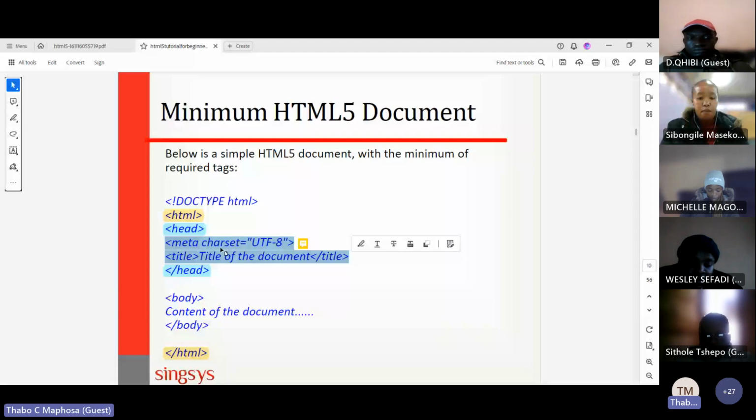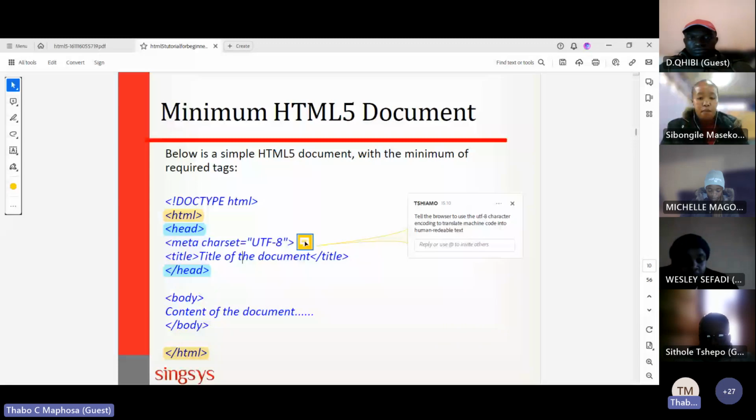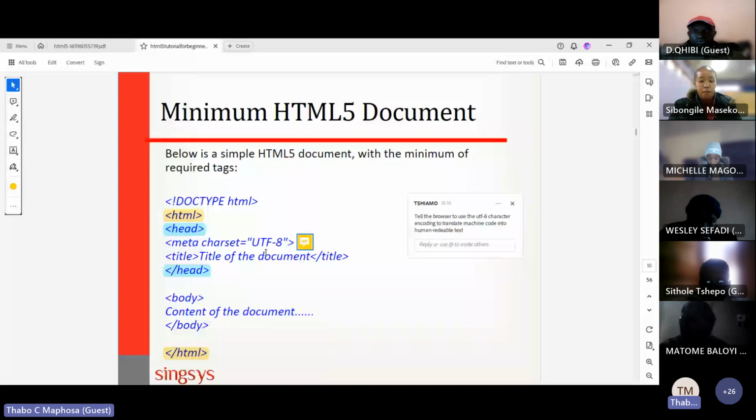This is one of the first things your computer does, because it needs to do that conversion before it can load the content of the website. Afterwards, it starts displaying the title, and then you display the contents of that particular page.